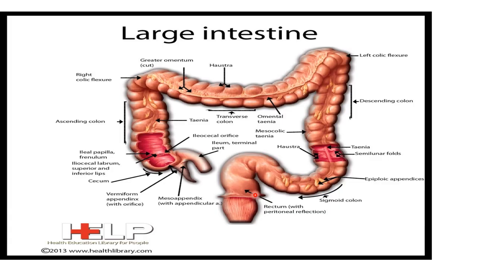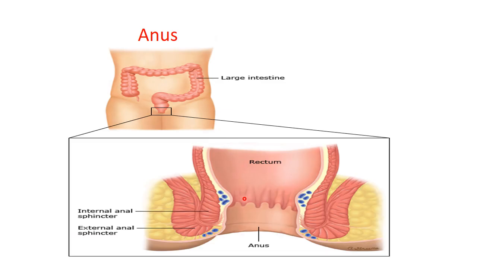The rectum stores the undigested food material, which is later egested by us. The anus is helpful for the egestion of undigested or waste food materials. It contains two sphincters, the internal anal sphincter and the external anal sphincter, which control the egestion of undigested food. This is regarding the alimentary canal of the human digestive system.